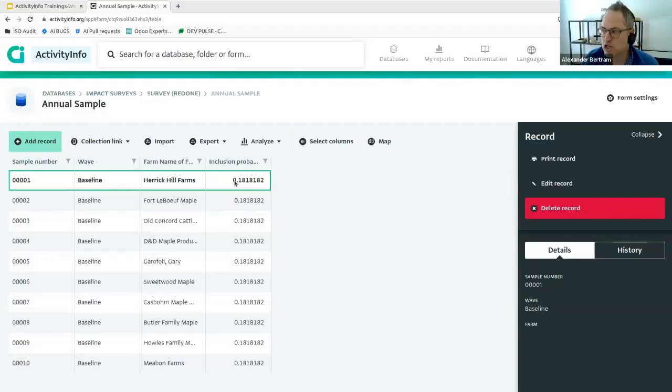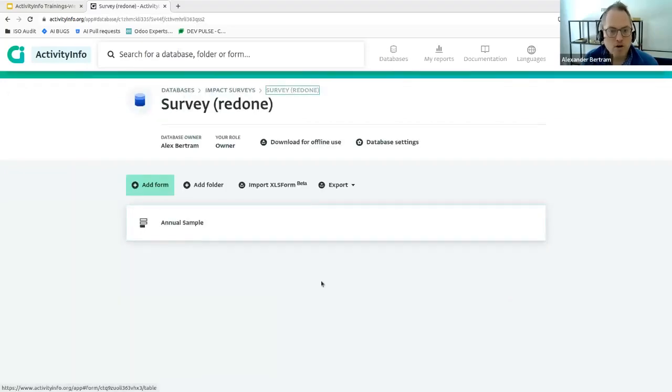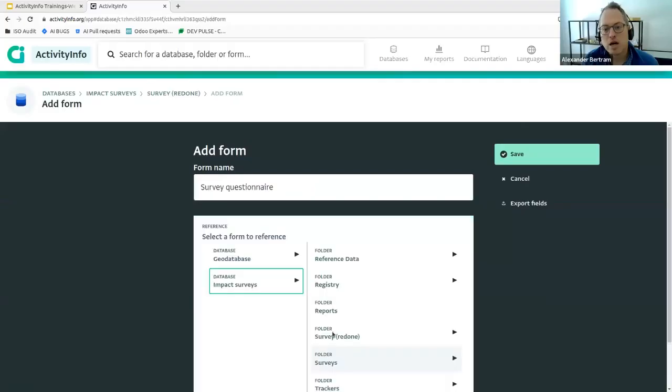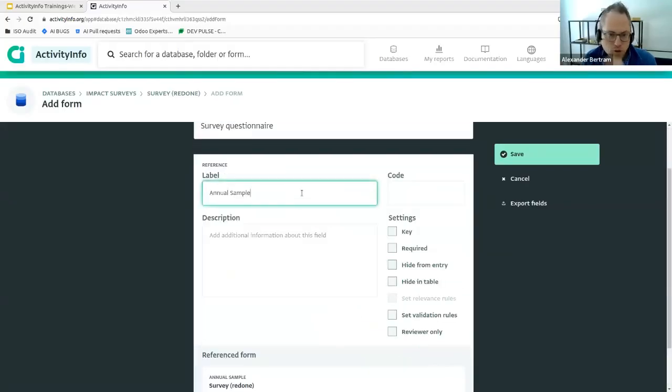Your population might change, and so in most cases you're going to model this as a quantity field. All right. So now we've got our sample, and so now we can create our questionnaire, right? So our survey questionnaire. This is going to be linked back to my sample. This way, the surveyors will look in the field work. They can work off of that sample list that we give them, and